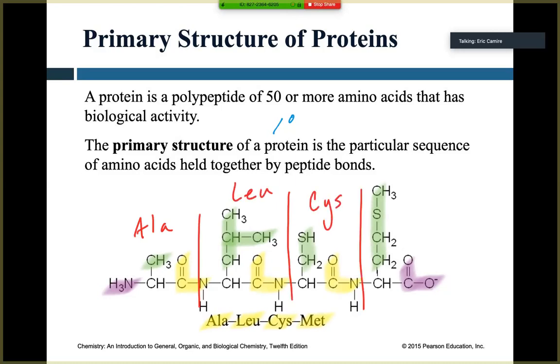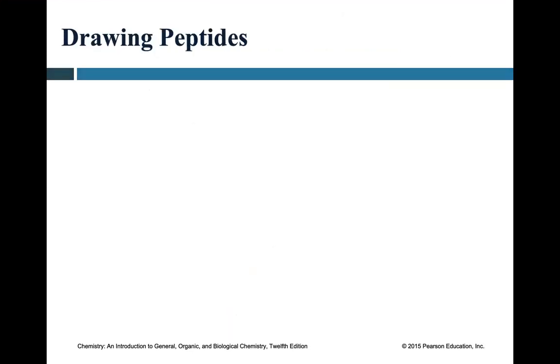There's my cysteine, and it ends with a methionine. And so what I'm going to do in the next slide is show you how to take these explicit structures, which actually looks like there's a lot going on, because there is, but using skeletal structures will help simplify visually what's going on. So why don't I take that same polypeptide,